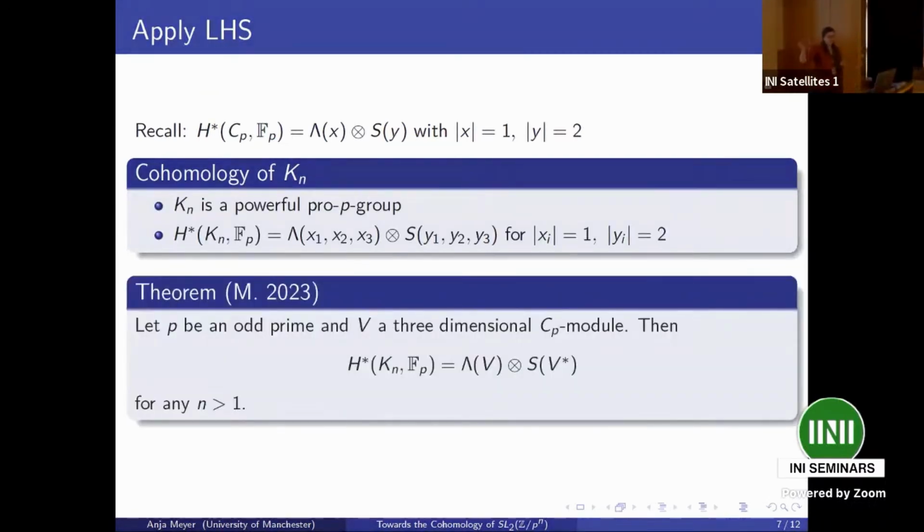So lambda 1 is the first cohomology group. This is just the Hom space of Kn into P. This is kind of how we show it, because as I said before, we have the intermediate levels, and all these intermediate levels are isomorphic to K2. And because the intermediate levels are normal subgroups of Kn, they are fixed under conjugation. The action we have via the Hom space is conjugation, so that's fine.